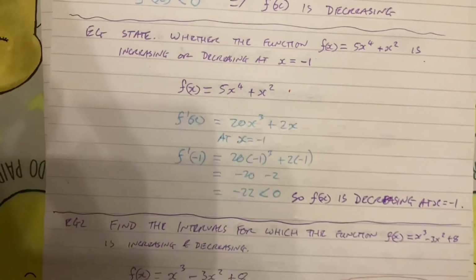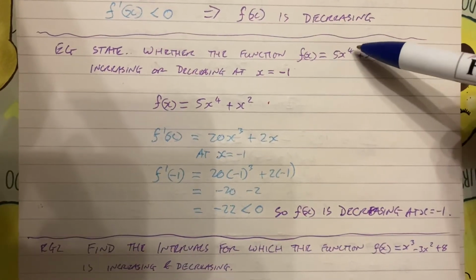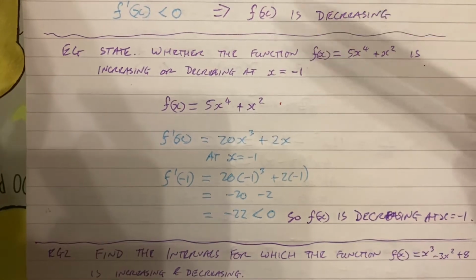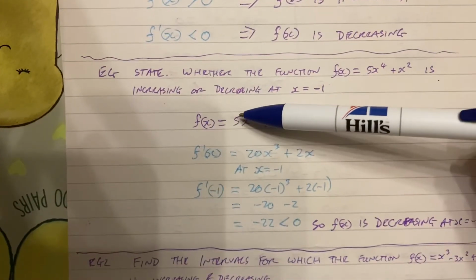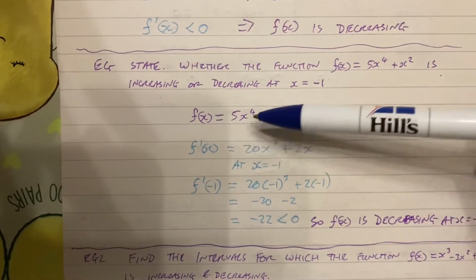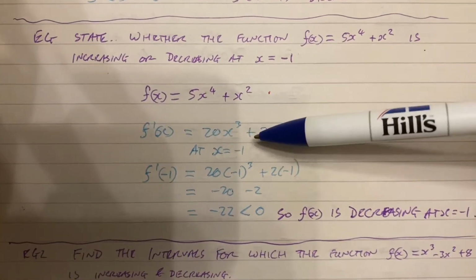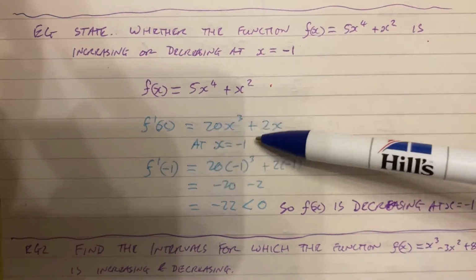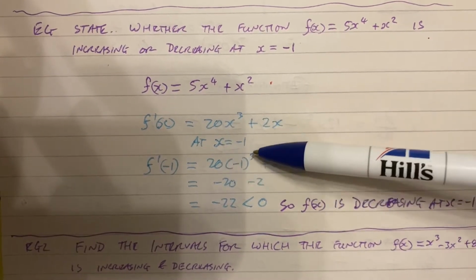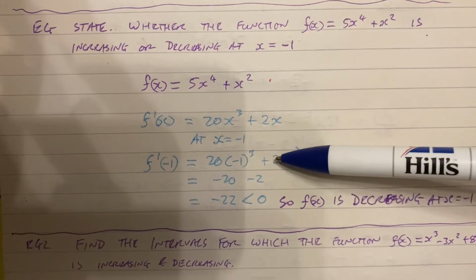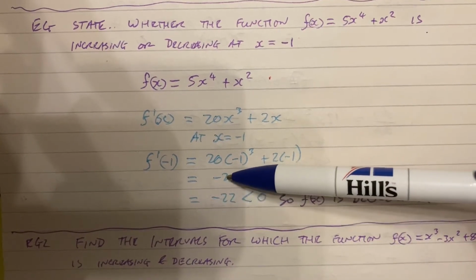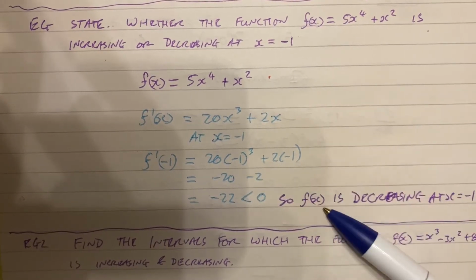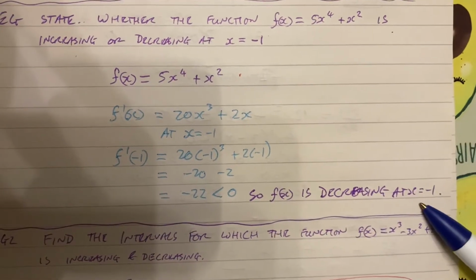State whether the function f of x equals 5x to the 4 plus x squared is increasing or decreasing at x equals negative 1. So f of x equals 5x to the 4 plus x squared. Differentiate, we get 20x cubed plus 2x. At x equals negative 1, so f dashed of negative 1, we get 20 lots of negative 1 cubed plus 2 lots of negative 1, which is negative 20 minus 2, which is negative 22, which is less than 0, so the function is decreasing at x equals negative 1